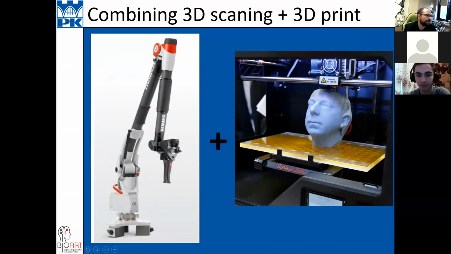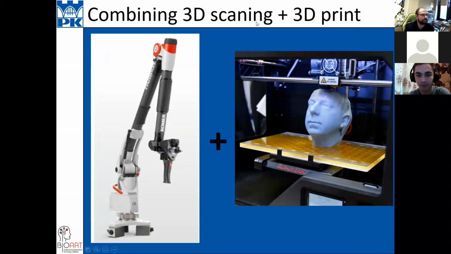It's easy to combine 3D scanning and 3D printing, because after scanning you get in most cases an STL file. You get clouds of points, but the program can automatically connect these points into triangles, and you can get STL files. But in most cases, you must do very hard post processing to get good quality prints.